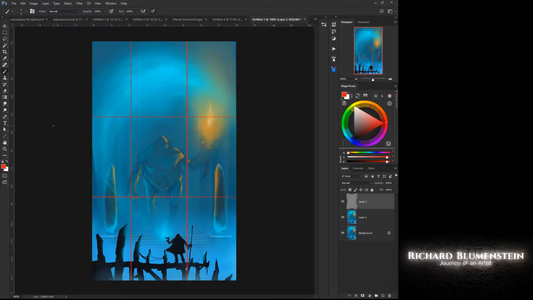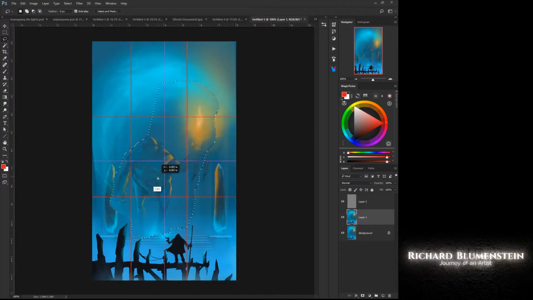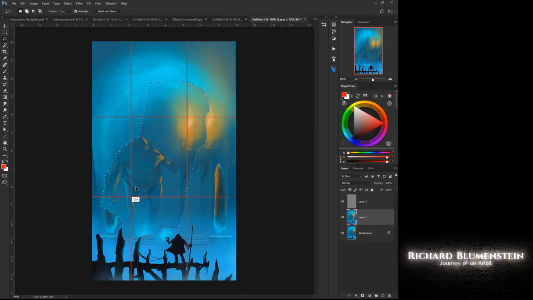And so the first thing that I would say is you could easily adjust this so that things do fall a little bit more uniquely. All I'm going to do is really roughly grab this character out, and grab this guy, and then I'm going to move this so that the flame is kind of in that character. Now, the other aspect of that too is, and this is something that I would tell you,